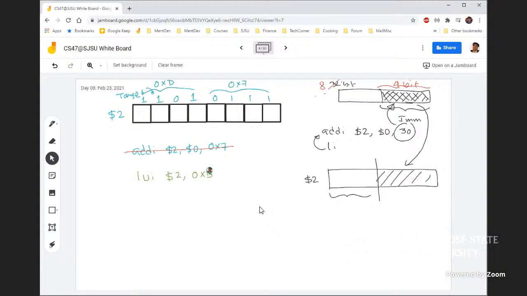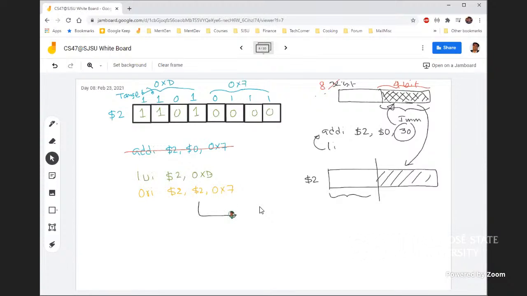It will load 1101, which is D, and 0000 on the rest of the bits of this 8-bit register. Now we do ORI $2, $2, $7, which essentially means,